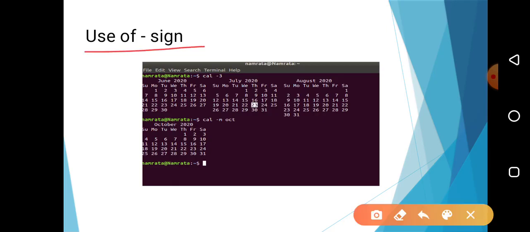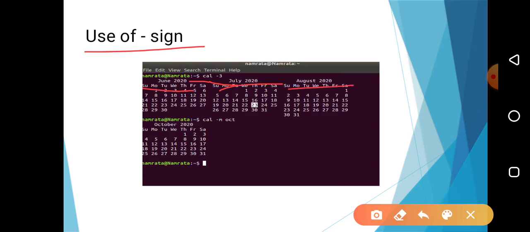So here in case of the cal command, I want to use a different option. Therefore, how am I going to do that? See here, cal space minus sign and the 3. 3 is nothing but my option. I am using the option with the calendar command, cal space minus 3. So it will show me the 3 months calendar, that is the current month calendar, previous month calendar and the next month calendar.